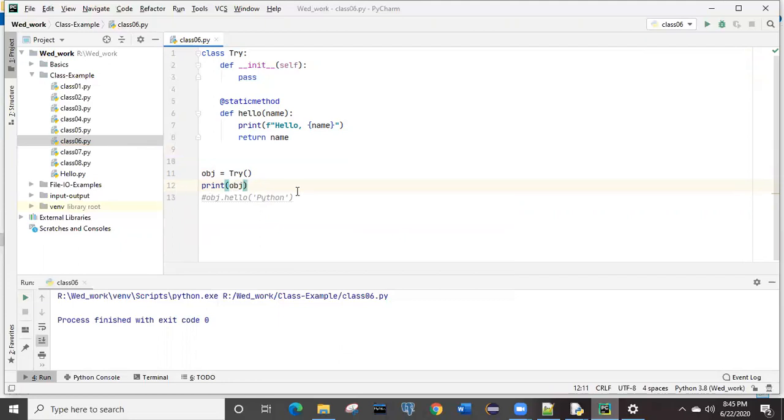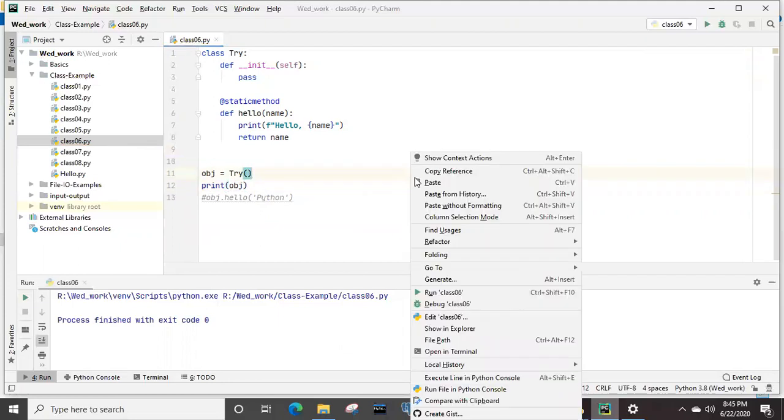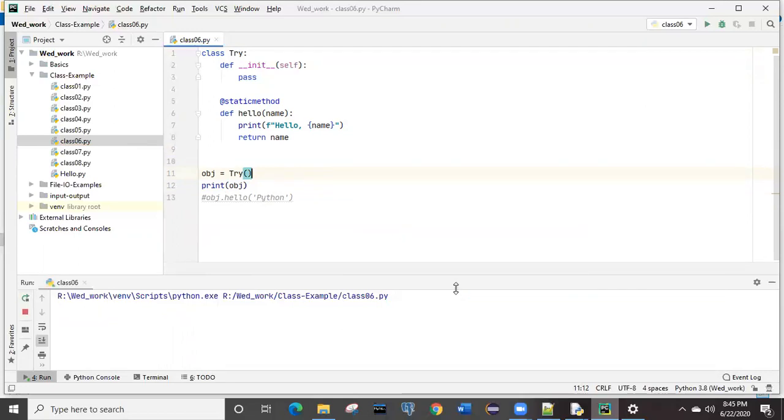By this line number 12, if an object is created, it will give some memory location of that object, right? So it is printing that memory location. It means the object is getting created in memory, but it is asking how you are going to call this hello method. Till now you didn't call that hello method, right? If I'm not calling you, why would you respond, right?